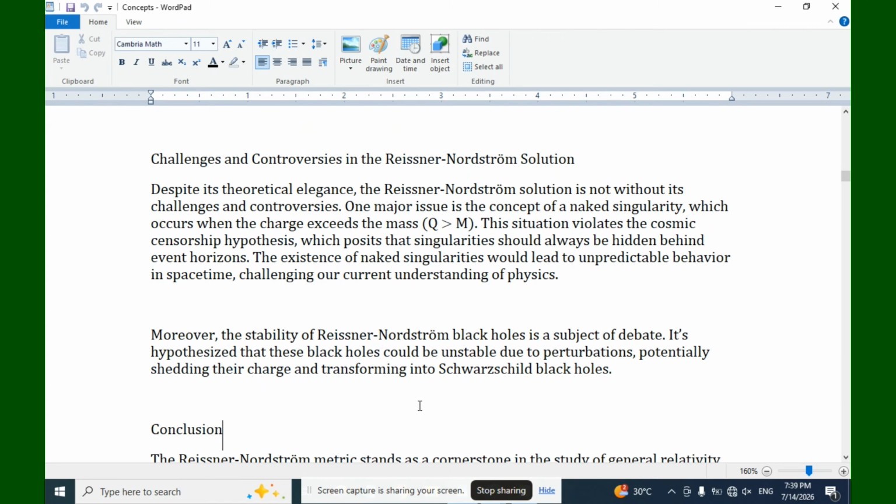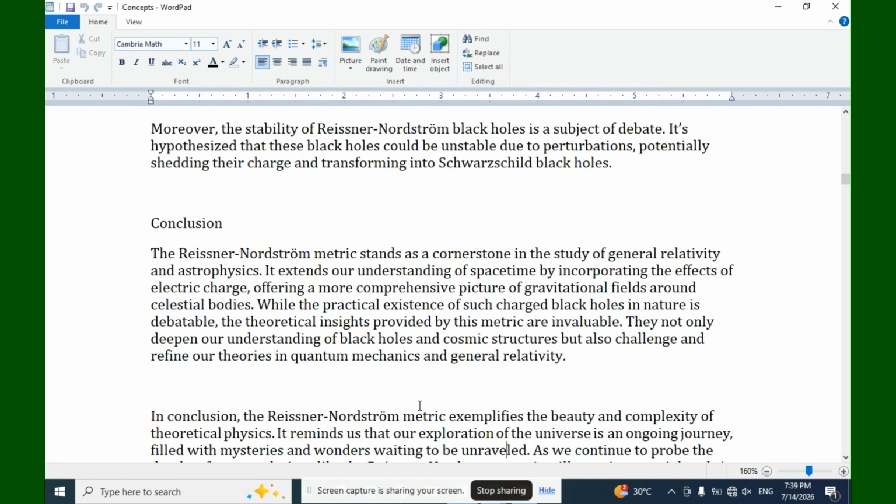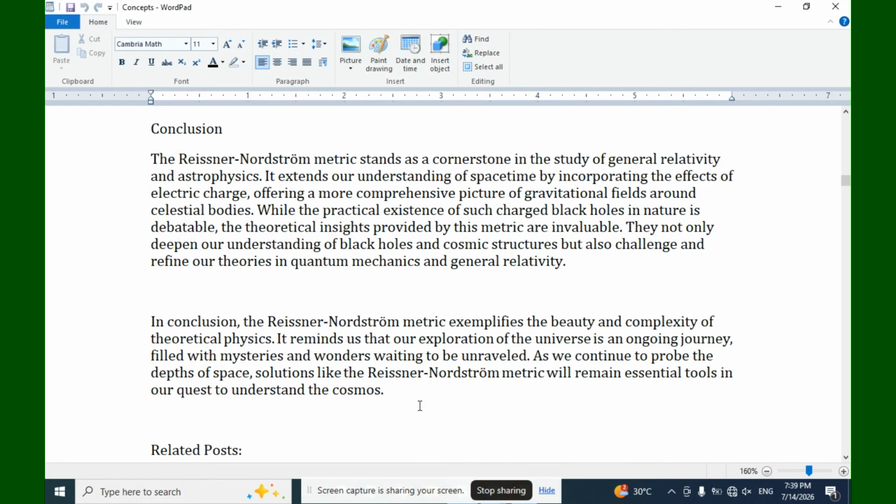One major issue is the concept of naked singularity, which occurs when the charge exceeds the mass, Q is greater than M. So the conclusion can be: the Reissner-Nordström metric stands as a cornerstone in the study of general relativity and astrophysics. It extends our understanding of space-time by incorporating the effects of electric charge, offering a more comprehensive picture of the gravitational field around celestial bodies, while